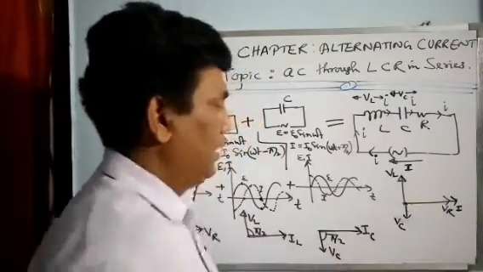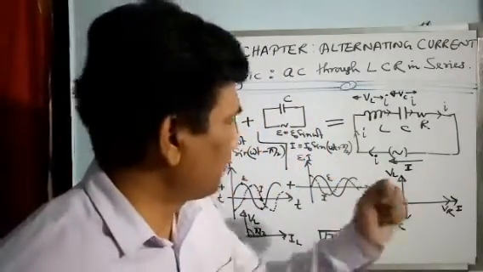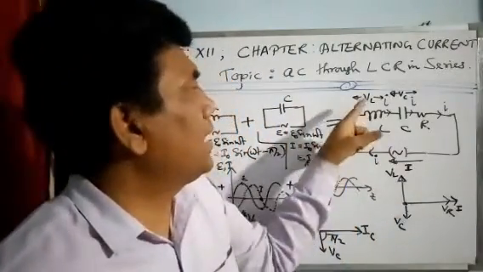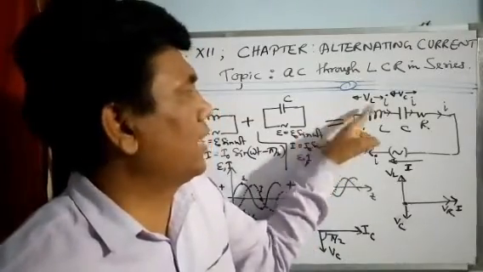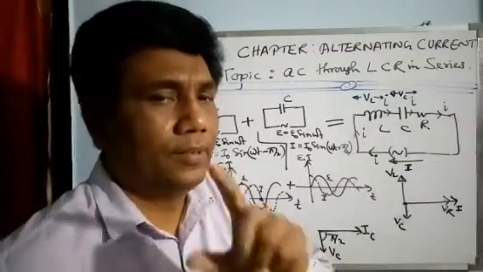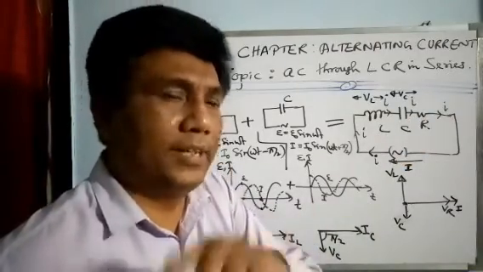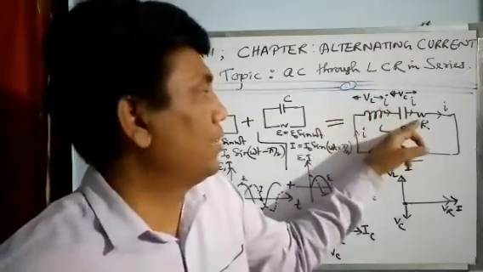We have to ask many of such type of question. Can you say what is the phase difference between voltage across inductor and current through the resistor? What is the phase difference? This is for you. Keep a pause on the video and you try to answer. Voltage across inductor, current through resistor.